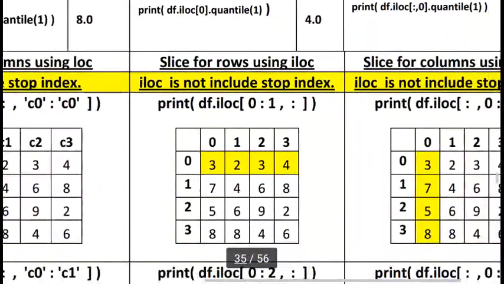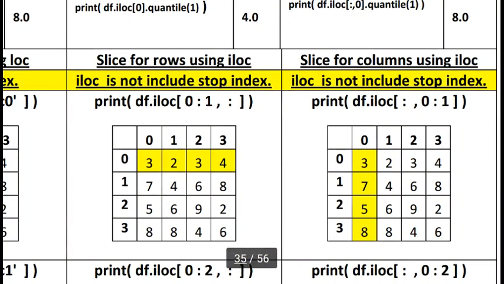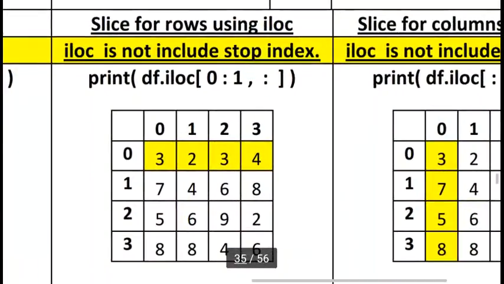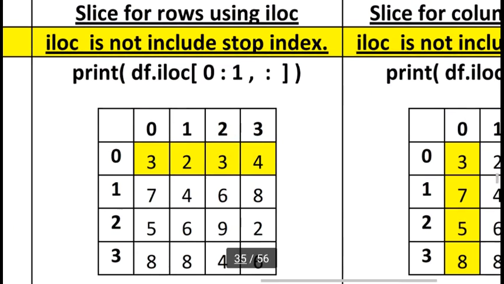But suppose we already have a default index. A default index is always numerical: 0, 1, 2, 3 in rows, 0, 1, 2, 3 in columns. For a default index we always use iloc. iloc means integer location index of row and column. It is the same thing as before, but with a few changes: here I am using iloc, and 0 colon 1 and so on to select rows and columns. But here one thing is that the stop index is always one less. The stop index is always one less.